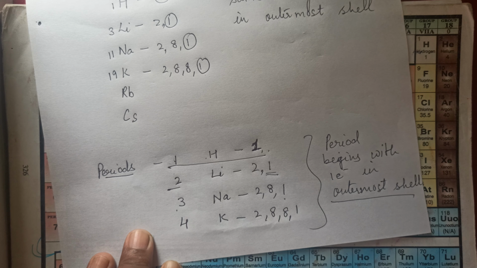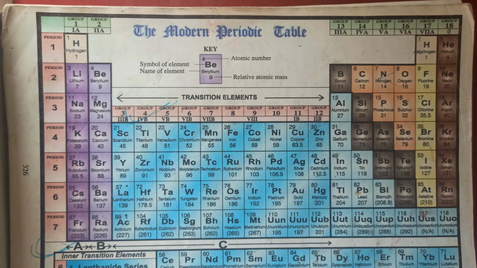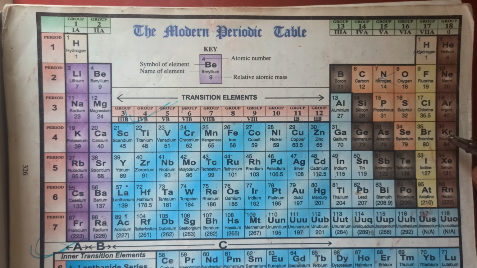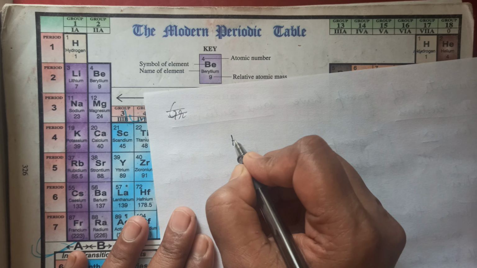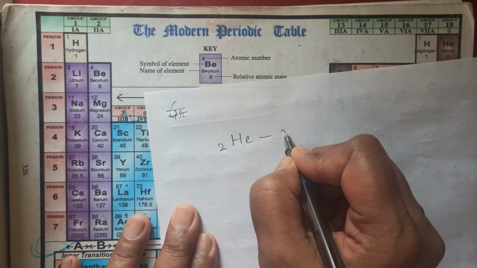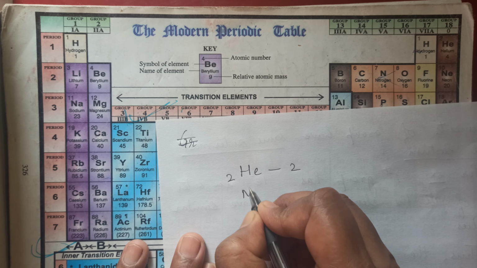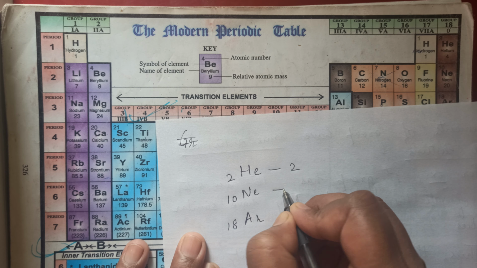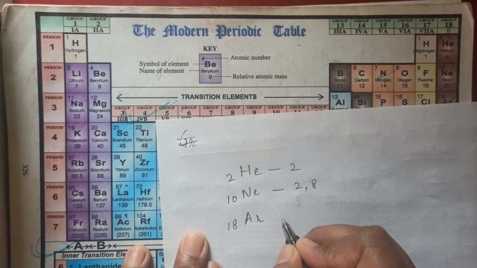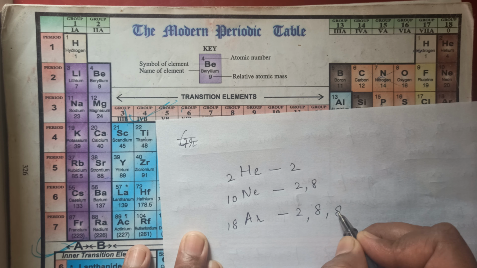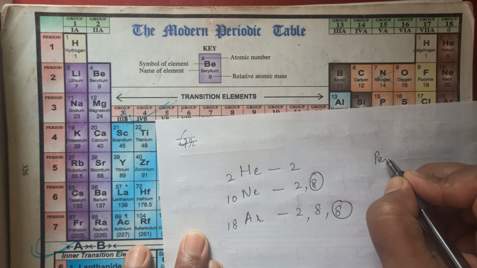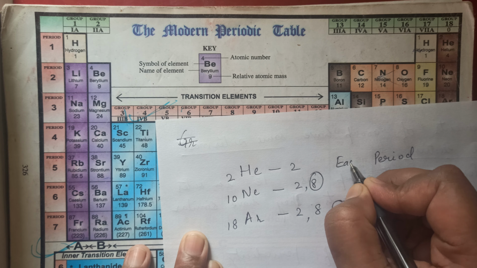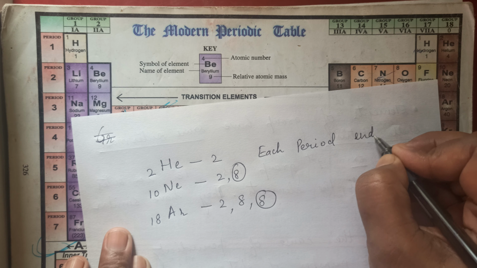And if we see the end of each period, it has noble gases at the end: helium, neon, argon, krypton, xenon, radon. If we write the electronic configuration of helium with atomic number 2, neon in the second period with atomic number 10, and argon 18, we get 2; 2,8; 2,8,8. That means each period ends with